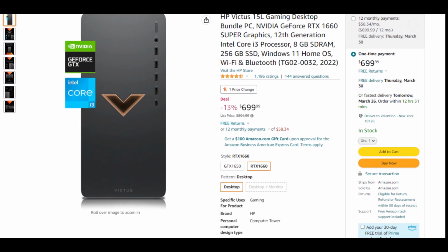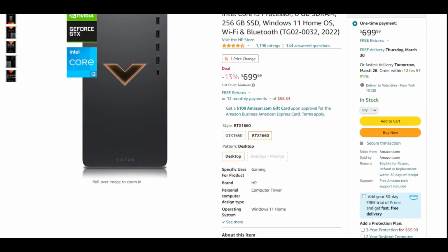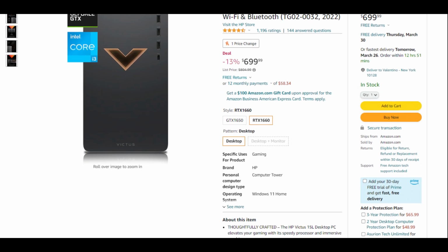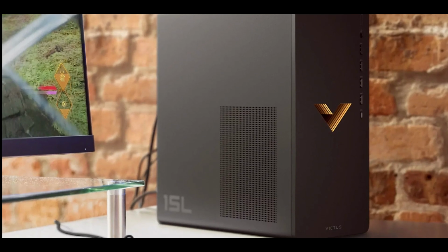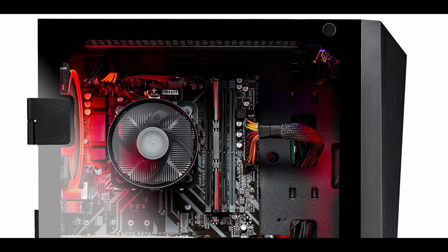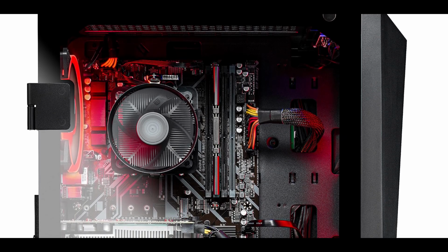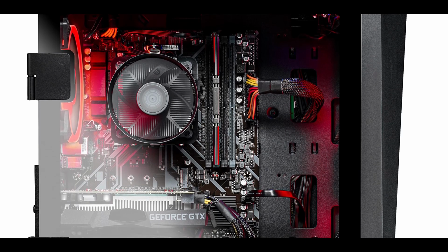With the first one, we have the Amazon 15L with the GTX 1660 Super and the i3-12100F for the price of $700. Now, I only recommend you buy this system if you can't spend 50 extra bucks for the next one, since the next one is a much better option for the price. However, if you can't spend those extra 50 bucks or the next one is out of stock when you're watching